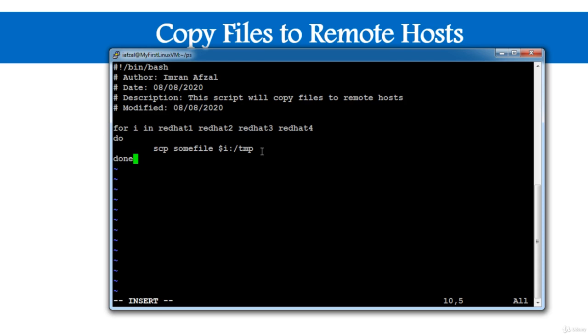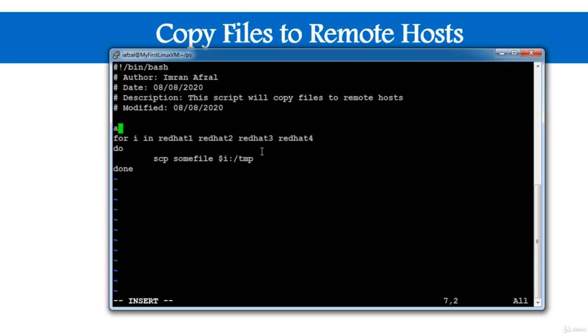And if you have multiple servers, what you could do is put all those host names in a file. Create a file, let's say abc, and put the whole list in it. Let's say you have 100 servers, then you don't want to write those 100 servers right here. Then what do you have to do? You have to specify a variable, let's say this is a variable, set to backtick cat that file. So if the file is /home/ifzol/abc, you're catting that file. Now you're telling it for i in